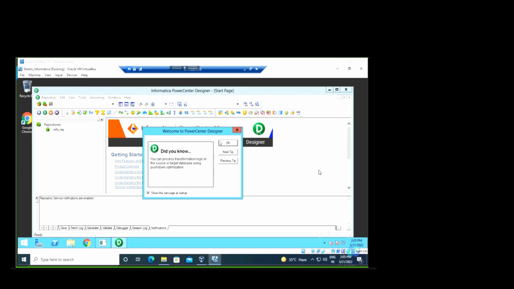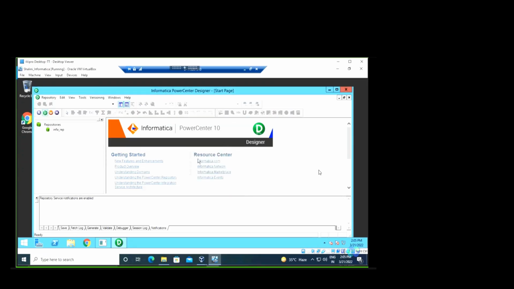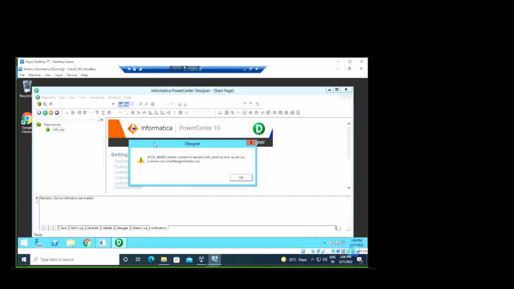Start your PowerCenter Designer, click OK, and then click on infra_rep on the left side, and then click on Connect. After that, wait for some time. If it gives you some error, which in the first attempt it definitely will,